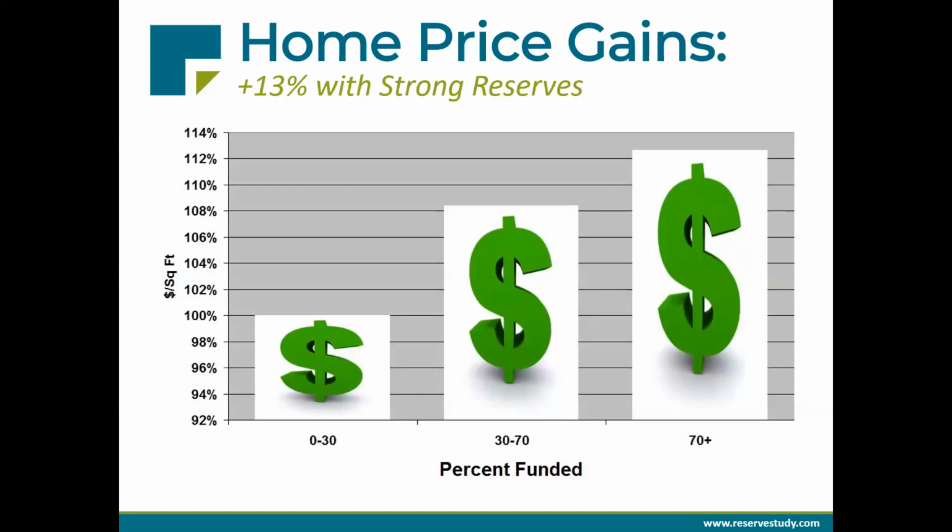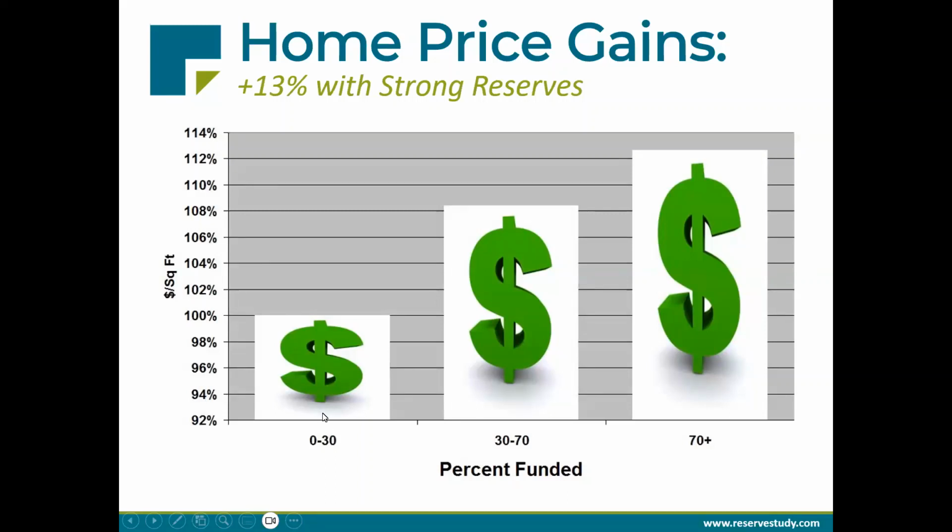We then measured the appraised market value of the homes in those communities. And we wanted to see, is there any noticeable difference when the associations themselves are in a better financial position? Okay, so to be specific, would we see any increase in property value for associations that are in a better financial position with respect to percent funded? It's pretty interesting analysis. The first thing we did was to establish this kind of baseline, right? So we defined the baseline as those associations that are in that weak, 0 to 30% funded level.